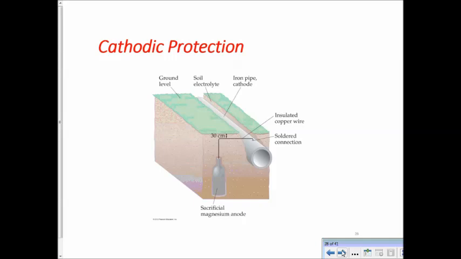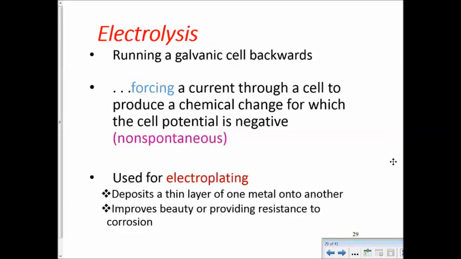Protecting your pipes. If you have metal pipes, they usually will bury a big chunk of magnesium under the ground. It acts as the sacrificial metal, so that the metal pipes aren't being corroded underneath the ground. So electrolysis, we're running the galvanic cell backwards, and we're able to do this because we're forcing it with a current. We're actually attaching it to a power source, a battery, and that's what we're going to do in the lab. We have our alligator clip, and we're going to be using 9-volt batteries,